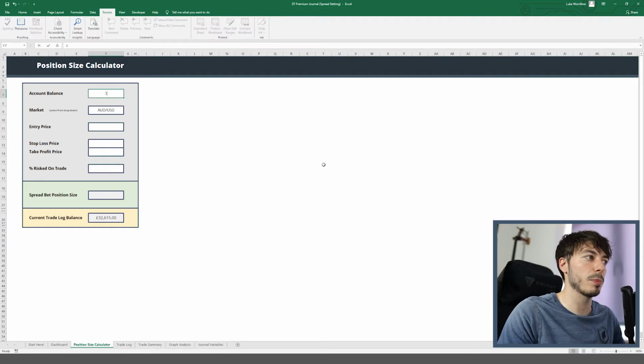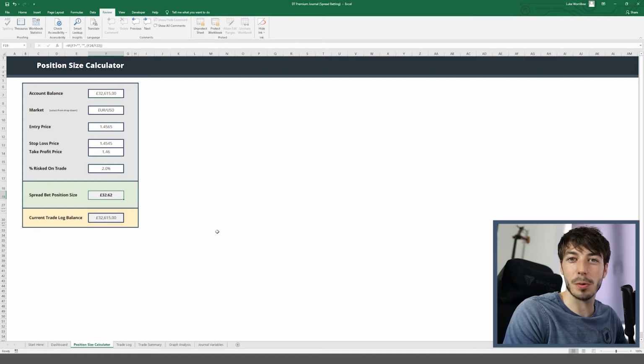So say we were eyeing up a trade, we can see that our account balance is 32615. We can enter that. We're looking to take a trade on the euro dollar. The entry price is 1.4565. Stop loss, we're going to give it a 20-point stop, so it's 1.4545, and the take profit is 1.4600. We're going to risk 2% on this trade, so we know we need to enter £32.62 per point